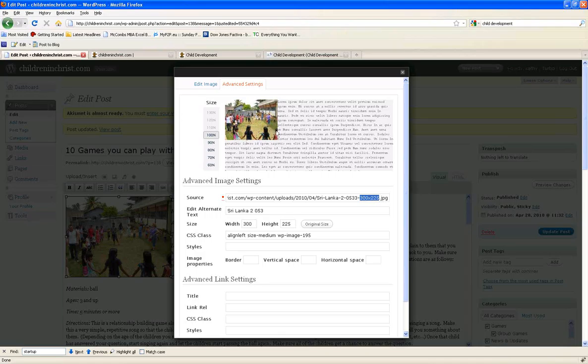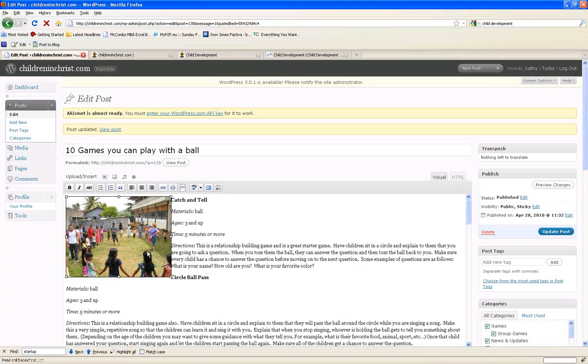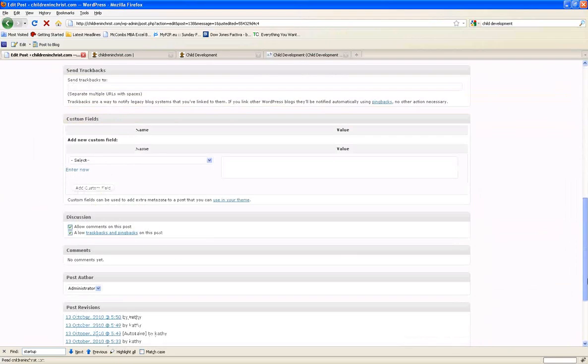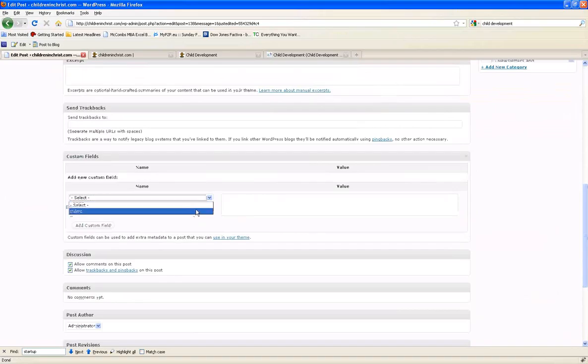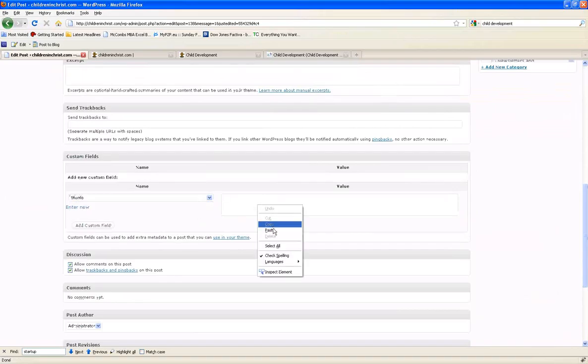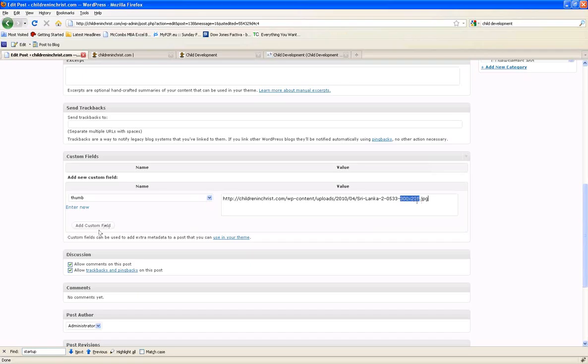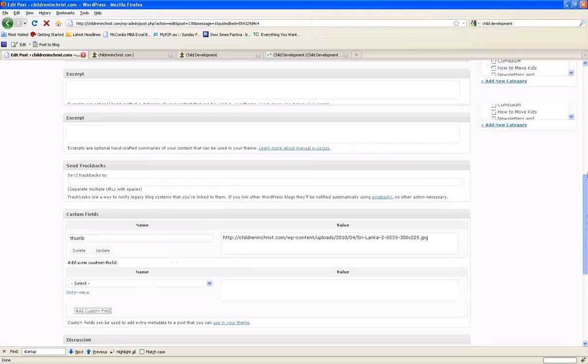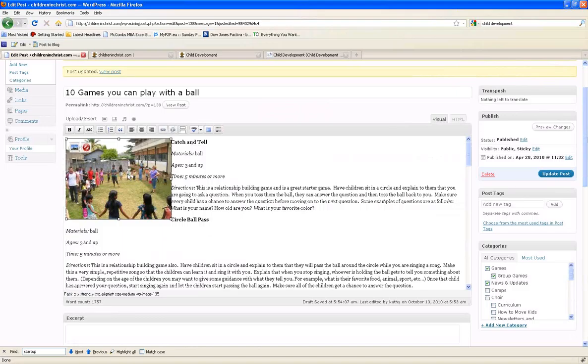And that's this kind of smaller version that we see there. So when I told you to grab this source link before, that's actually grabbing that smaller image. And so when we grab that with a little copy command, and we hit cancel, and then we scroll down, this is what we did last time, exactly what we did last time, and we plug it in as the thumbnail, paste it in as the custom field thumb and put that value with that 300 by 225 image. Say add custom field, and we go back up, and this is all again